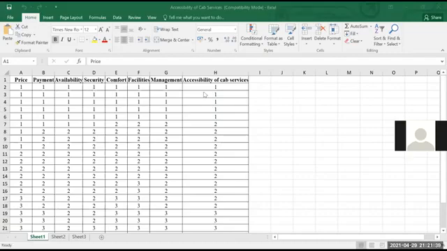No, sir, this is not it. It was given in the PPT, sir, on the last page. In the last page of the PPT, I gave the variables, and for those variables, I gave the data set. How many people said highly satisfied? 1 is highly satisfied, 2 is satisfied, 3 is moderate, 4 is dissatisfied, 5 is highly dissatisfied.